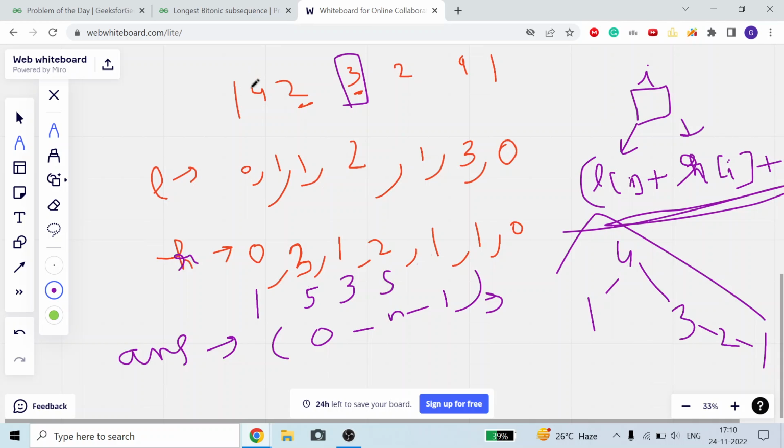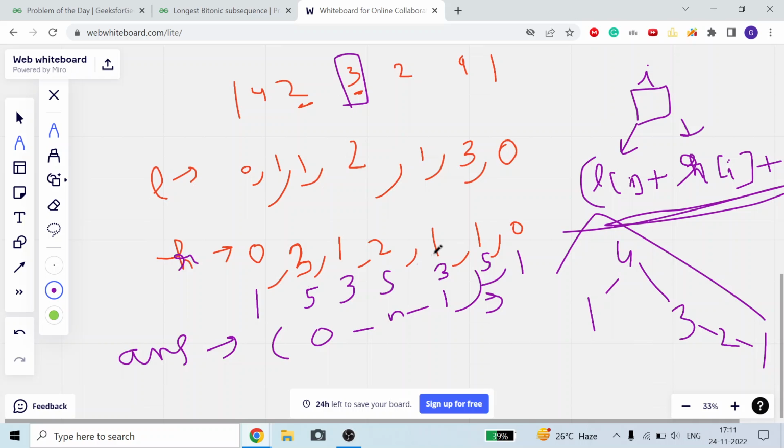You can see if I take 4 as center and 3 as center, both will give me 5. 1 2 3, then 2 1, length 5. For 2, 1 plus 1 is 2, and 3, 3 plus 1 is 4, plus 1 is 5. Why? 1 2 3 9, and then 1, increasing then decreasing, total count. So you can see three different numbers, 4, 3 and 9, give me the same answer: 5, 5, 5. So I will now select 5 finally. 1 is 0 plus 0 plus 1.